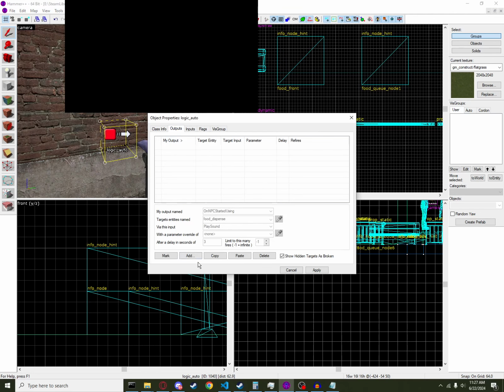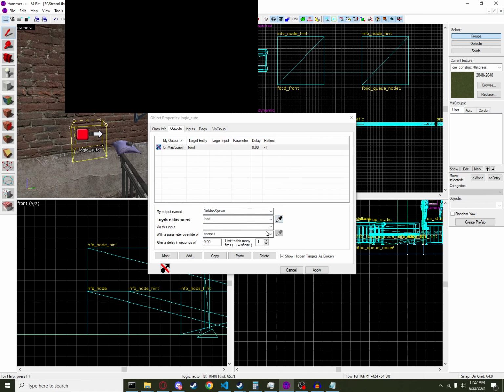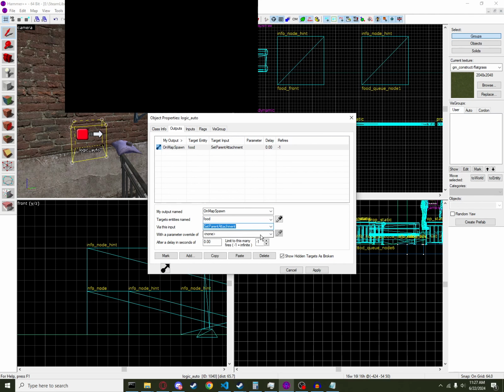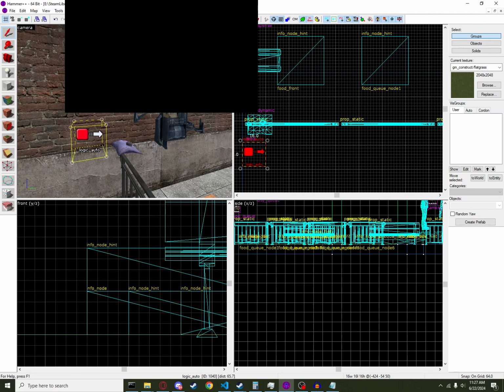You only need the outputs for this entity. Then on map spawn, let's select this package, set parent and attachment, package underscore attachment. And I believe this isn't correct yet. So